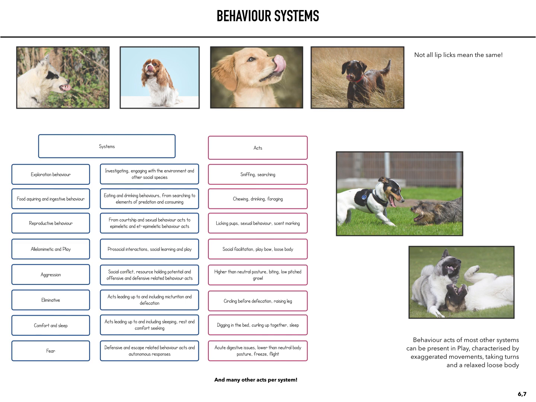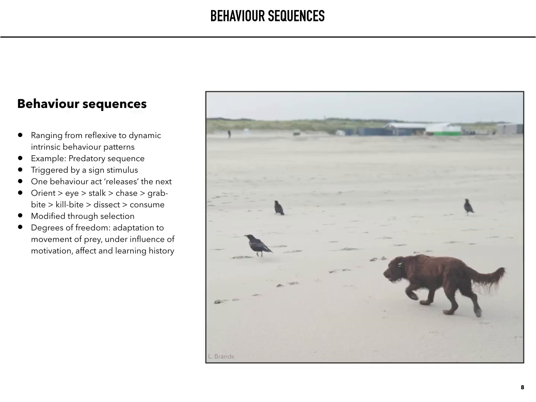When trying to interpret canine communication, we often just look at behavior acts. The dog licks his lips, so he must be in distress. But to know what lip licking means in a specific instance, we need to look at the behavior systems too. It may be part of fear behavior, reproductive behavior, or food acquiring behavior. It can even be a part of the aggressive behavior systems, as lip licking can be an intention signal.